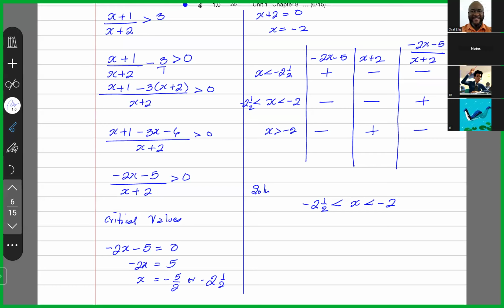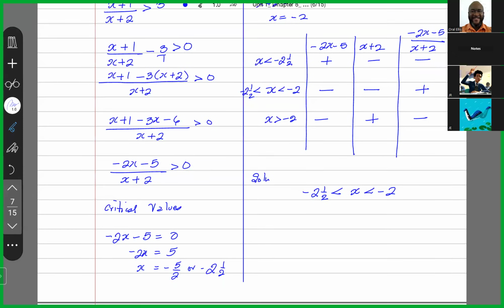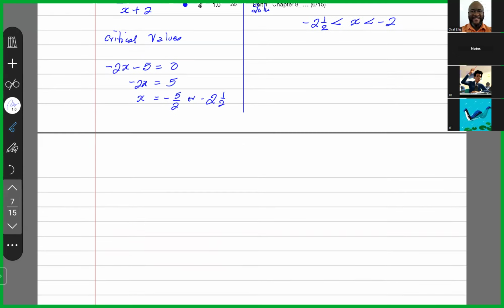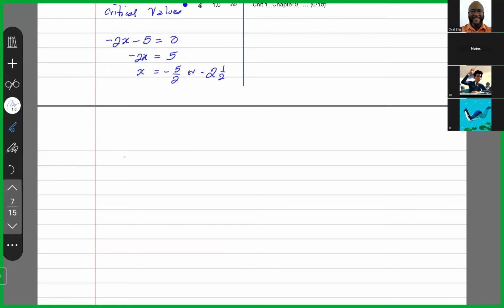All right, so let's take a second approach to example 9. Example 9 is asking us for the range of values of x satisfying x plus 1 over x plus 2 is greater than 3. A second approach that we could take to this is that we could multiply both sides